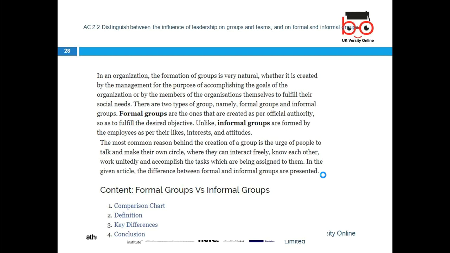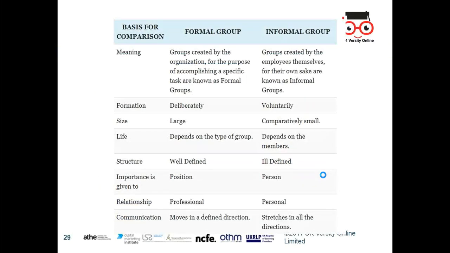Formal groups have a clear objective. We can compare them by definition, difference and conclusion. So when we look at the basis for comparison, formal group and informal group: a group created by the organization for the purpose of accomplishing specific tasks is known as a formal group. An informal group is created by employees themselves for their own sake. We go together, we take a break together, we smoke together. That's the informal group. The formal group's formation is deliberate,